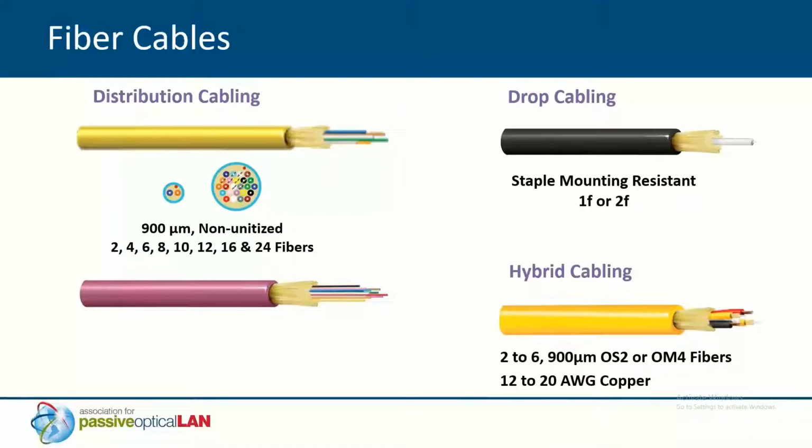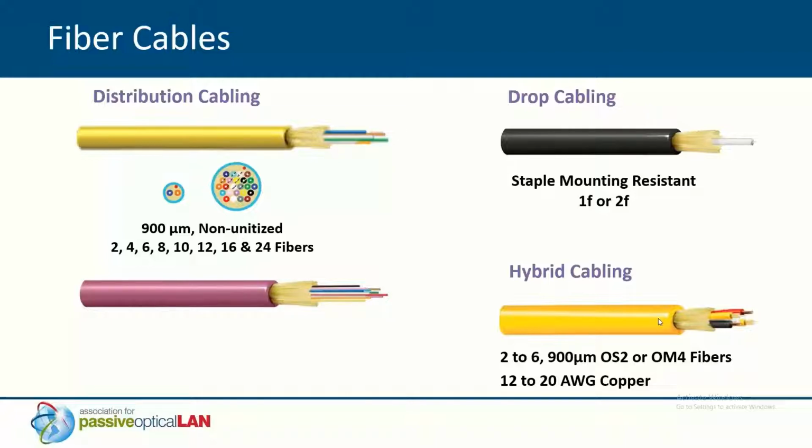So different kinds of fibers, there are many different types. The most popular ones are single mode, which are usually yellow for the indoor versions, and then there's also multi-mode, which OM4 is what we call Erica Violet. This is unique to Belden, and it's slowly being accepted throughout the industry because within the standards, OM3 was Aqua, and then they came out with OM4, and it was also Aqua. So we wanted to come up with a way to distinguish between the two. So that's why you might see OM4 Erica Violet or maybe Aqua, to help things out when you mix different cabling types. That's why we went that route. These cables are usually widely used for distribution cabling.